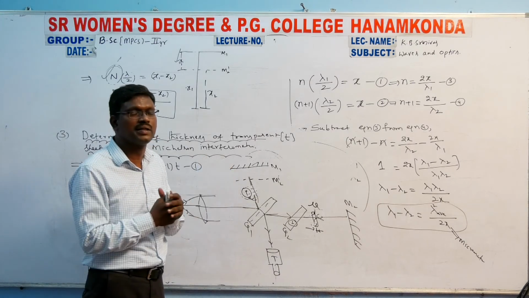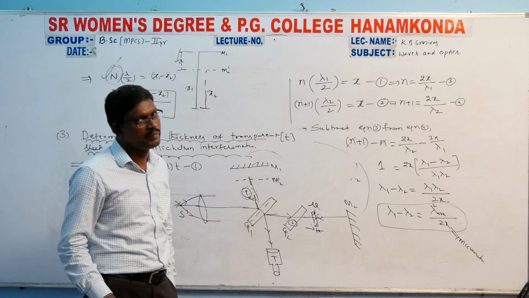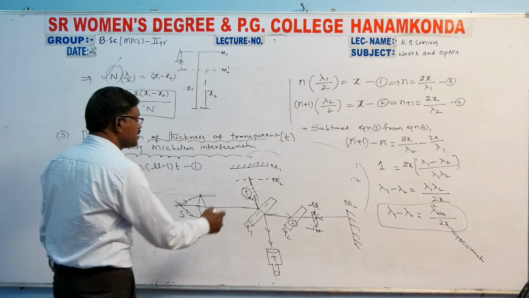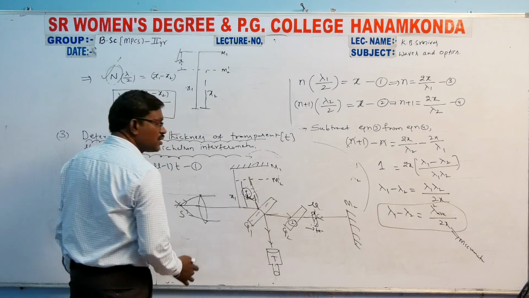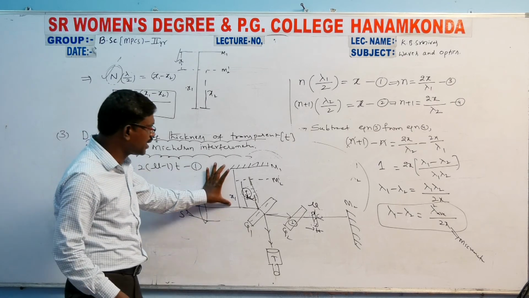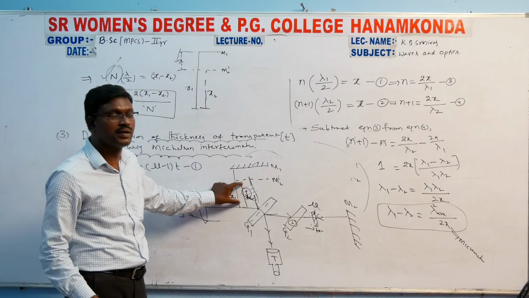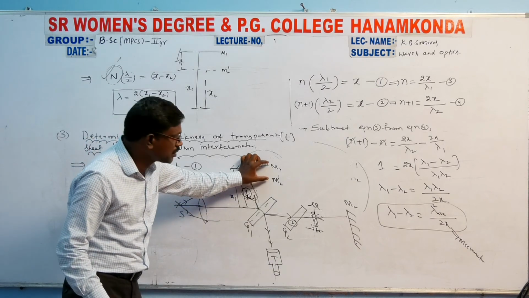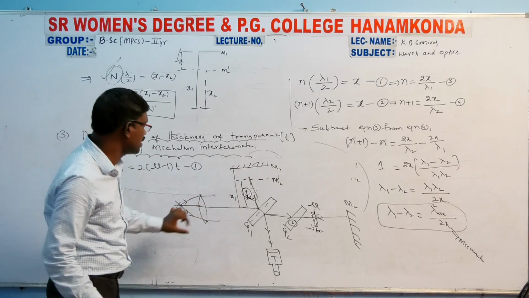How do we calculate the gap between M1 and M2 dash? Simply by using the micrometer screw. Let us imagine this is x1 distance, this is x2 distance. So the gap will be how much? x1 minus x2. x1 minus x2 gives what? That is the gap between the M1 mirror and the M2 dash mirror.